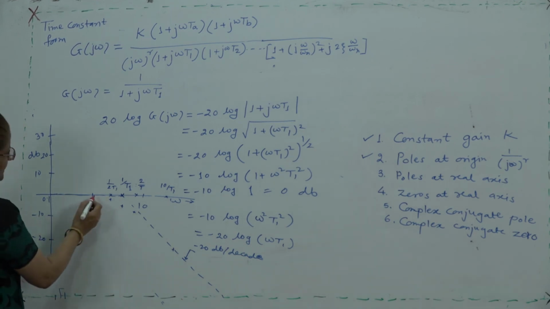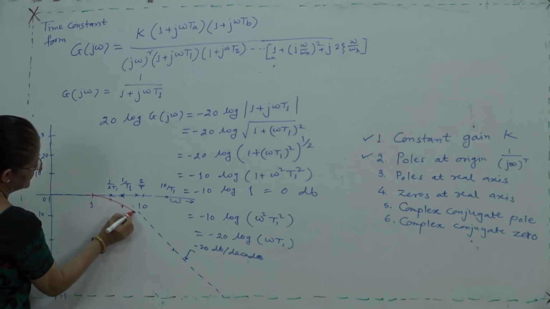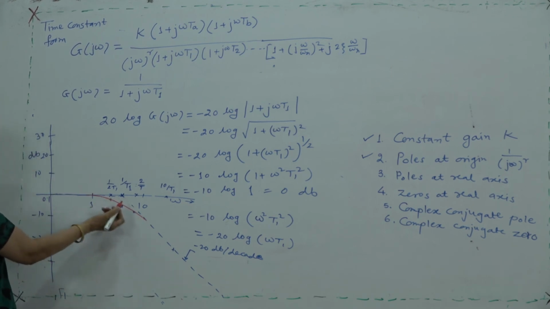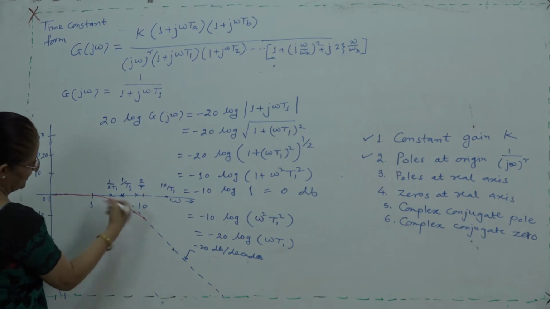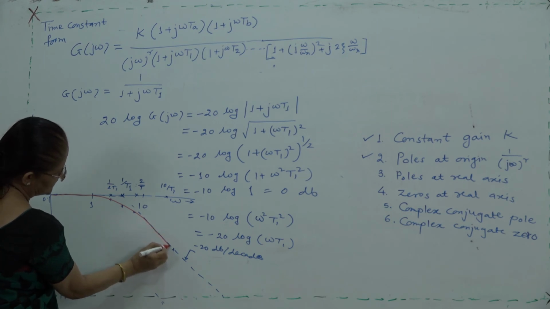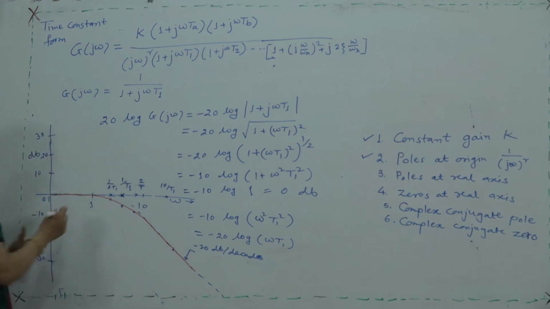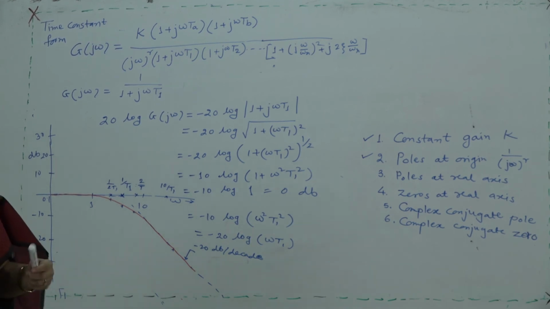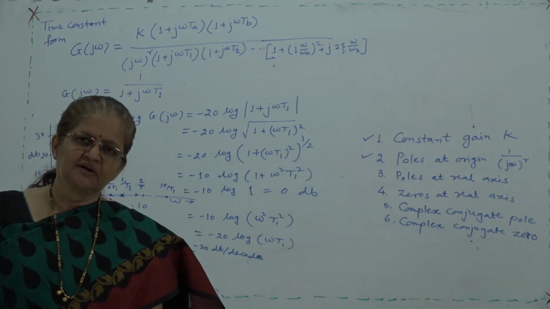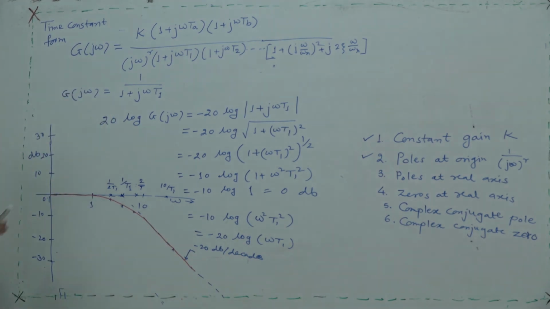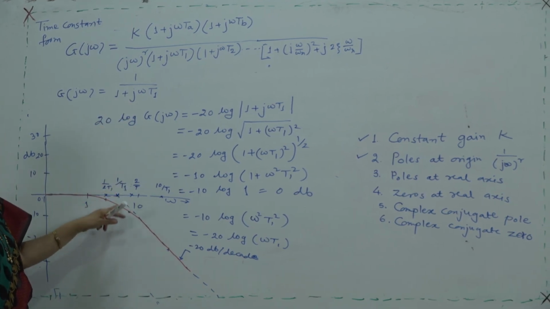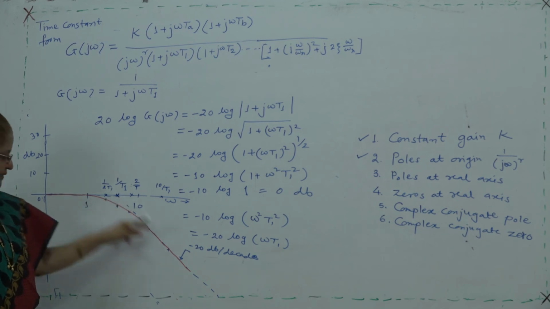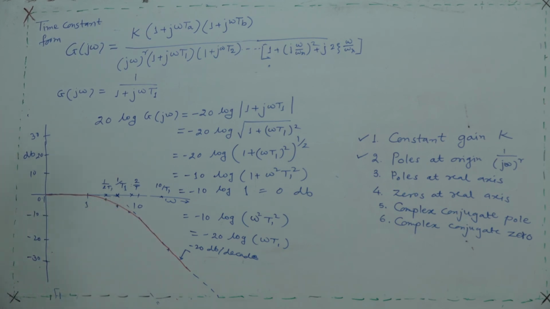How will you get it? A smooth curve you will get by considering these 3 points, and as you are going away from 1 by T, it is 0 dB. As you are going to the upper range, it is following this asymptote. So, the straight line is the first part, that is the asymptotic plot, you have to draw and then correct it. So, this is the plot for 1 upon j omega T1. At the corner frequency, you have to correct it. So, the corrected graph you will get like this. Last lecture we have seen this, so I have gone fast.